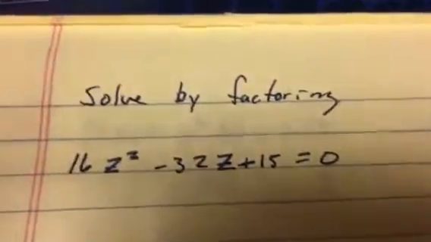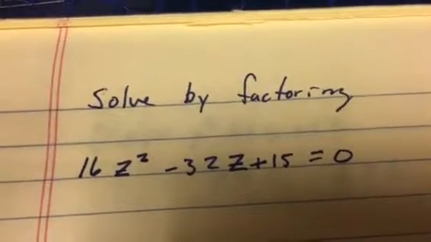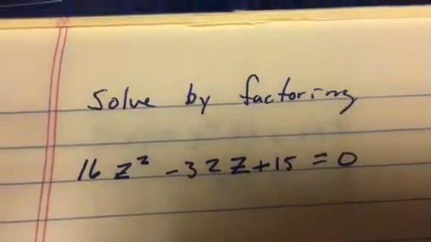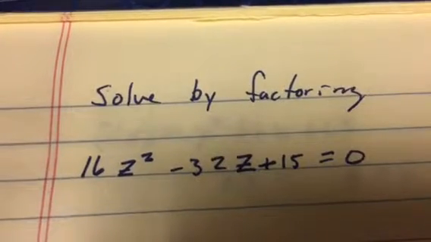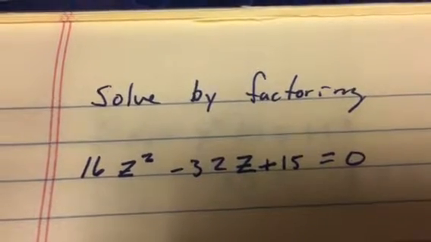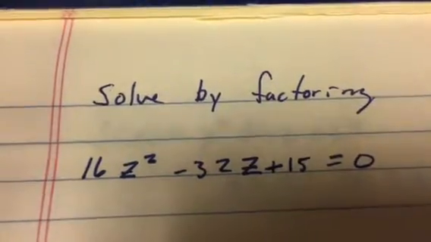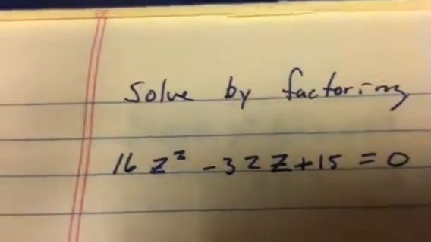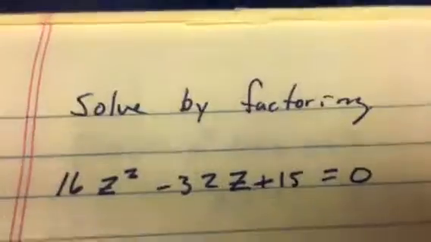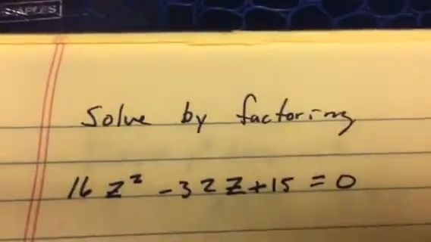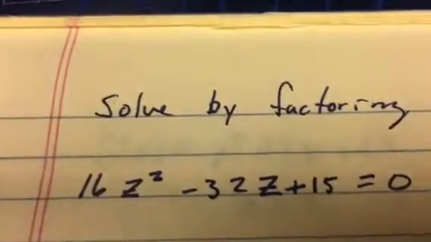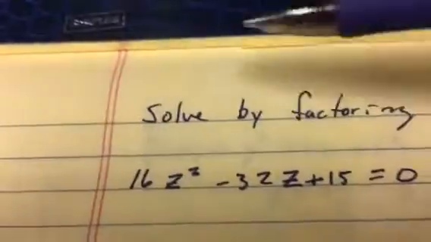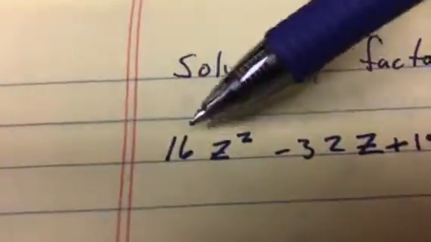I want to do a short video on factoring, and I have a problem that I have written down: 16z squared minus 32z plus 15 equals 0. What I want to do is show you how you can use your calculator to help you factor this problem. What you want to first do is multiply this 16